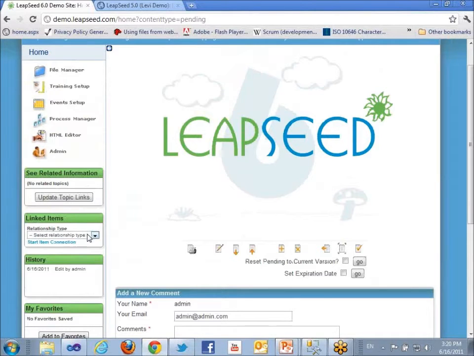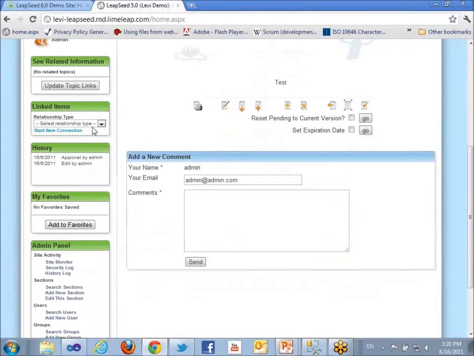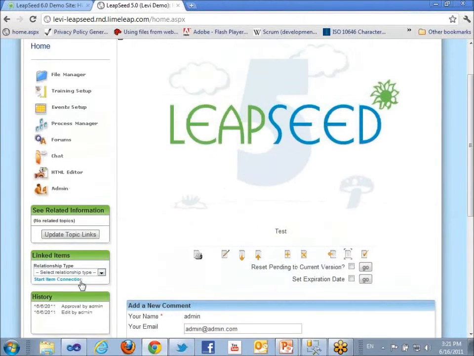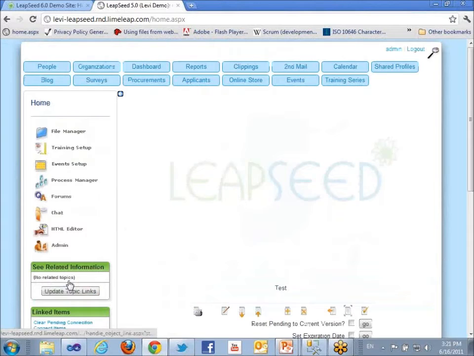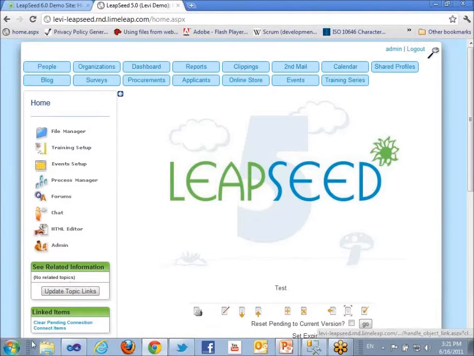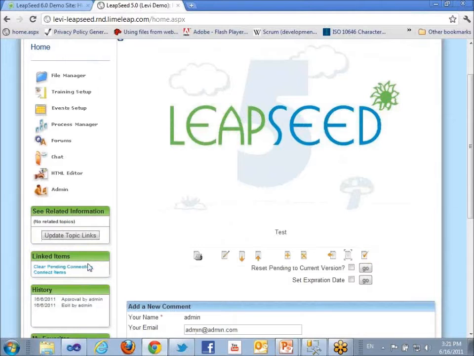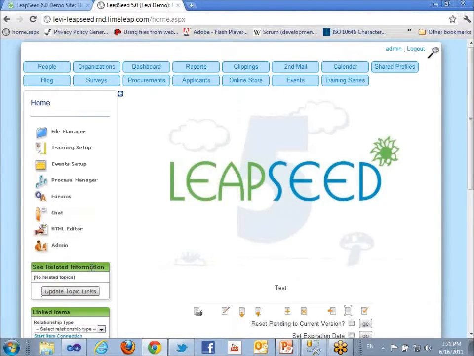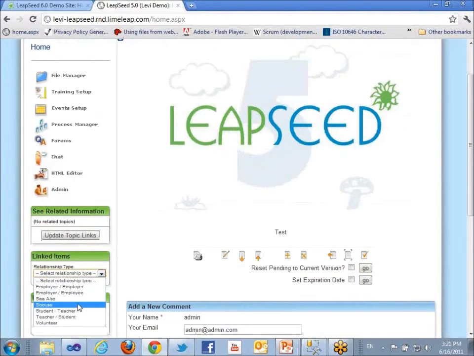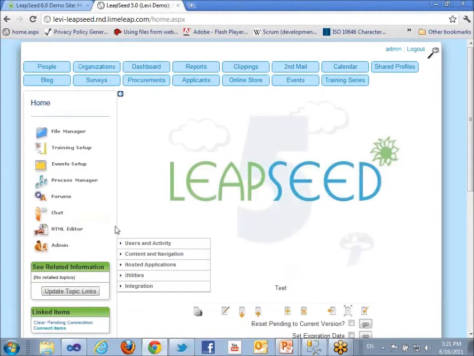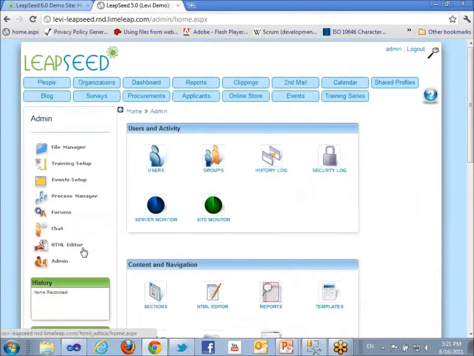There's also been updates to our topic linking, our linking items. If we wanted to link, say, the front page to some other record, let's say we create a see also link, it had to refresh the page once so that we get this panel update. And if we decided that we didn't want to link after all, we'd have to do another page refresh. But in the event we decided to do a link,